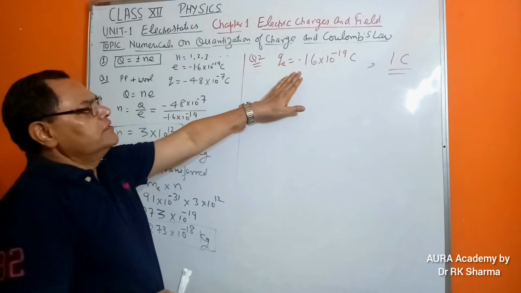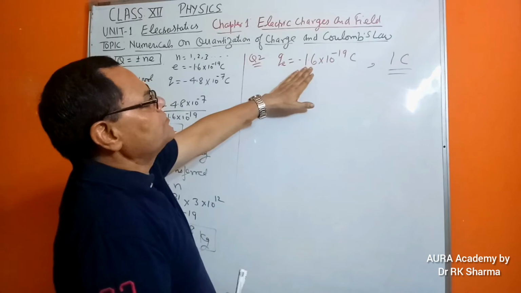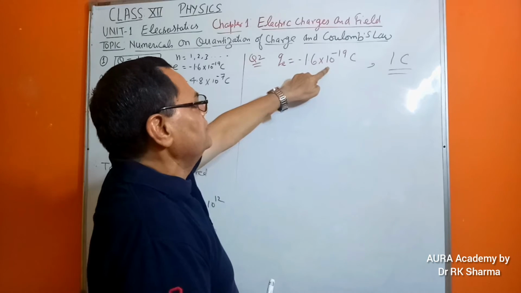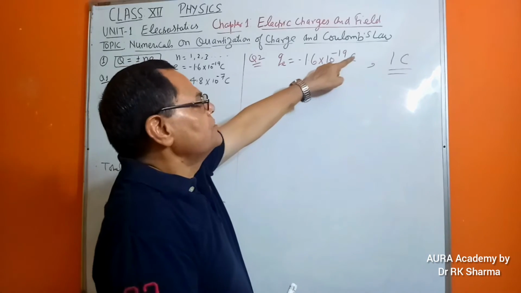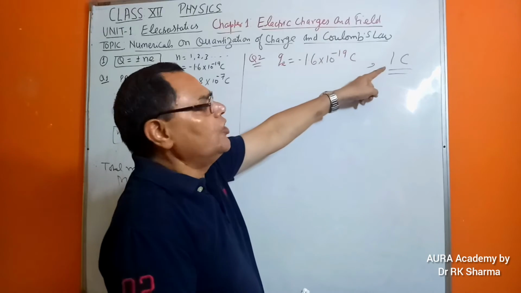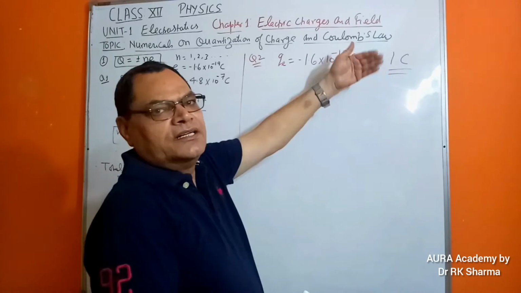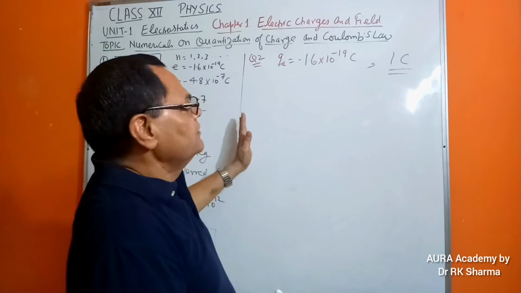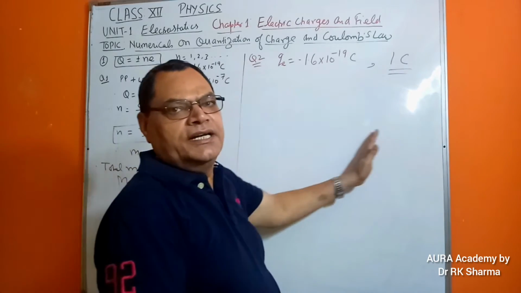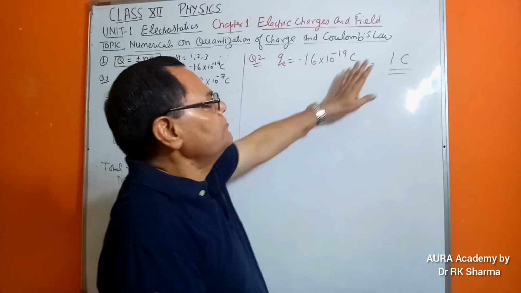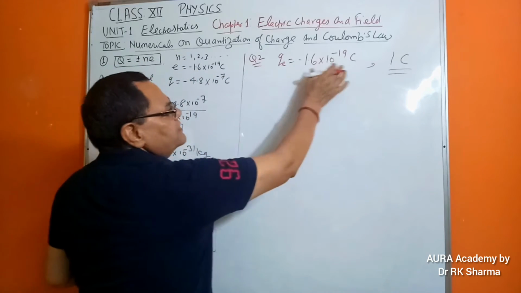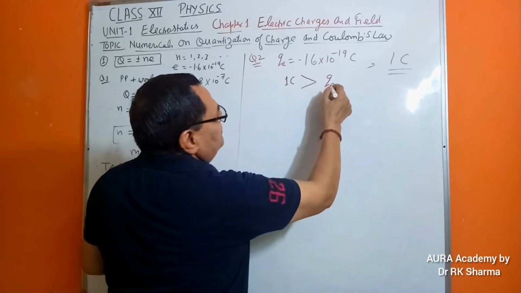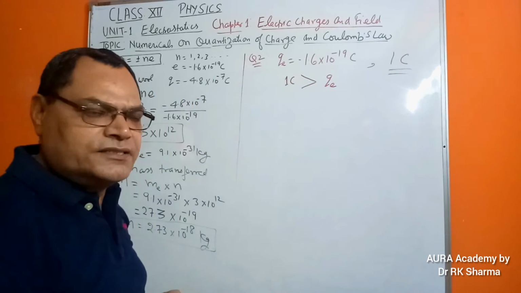Though by numerical value it may seem to have a greater value, no. The order of the charge on the electron is 10 to the minus 19, so it is very, very low. However, 1 coulomb does not have any negative power like this. Minus 19 means 1.6 divided by 1 followed by 19 zeros. So obviously you can easily say that 1 coulomb charge is always greater than the charge on an electron. The first part is answered.